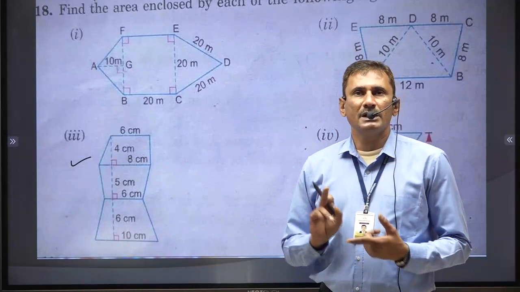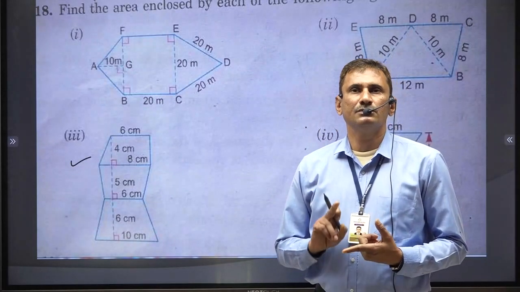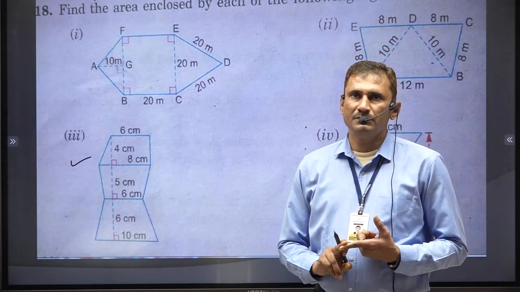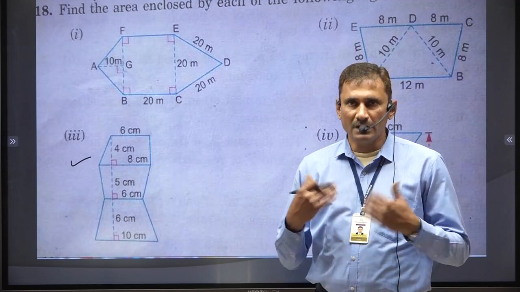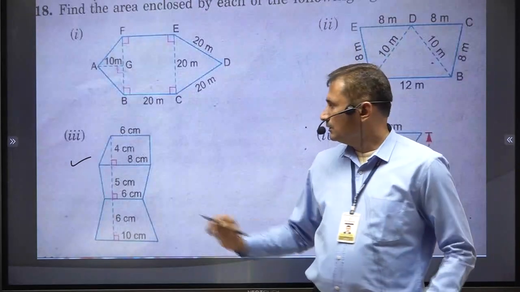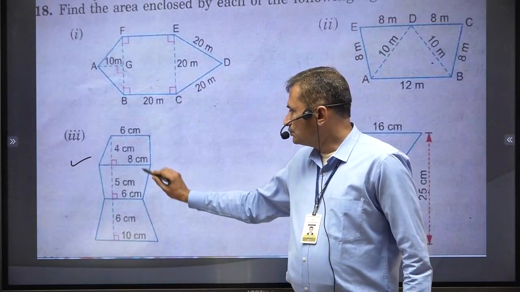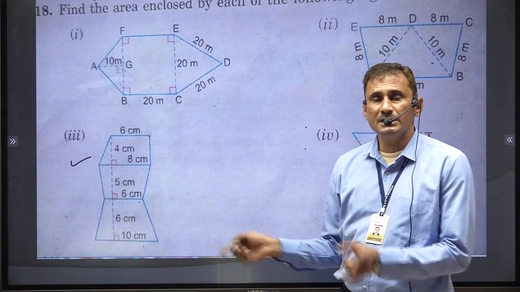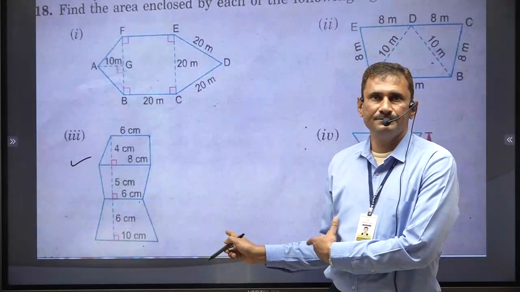But you are expected to derive this type of conclusion only if it is given. In the textbook it is not given; I am orally telling you they are parallel, so you accepted it. Okay, so 1, 2, 3, 4, all these four lines are parallel to each other. That's why it becomes a trapezium.